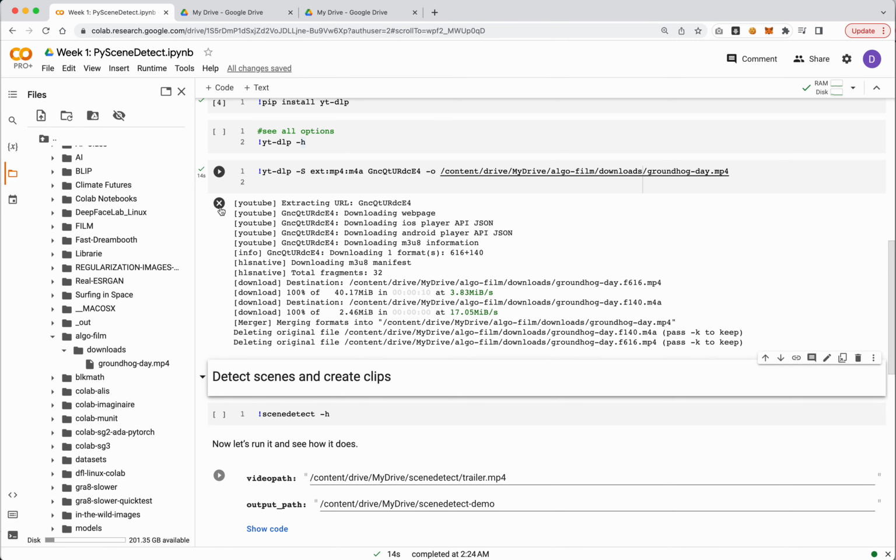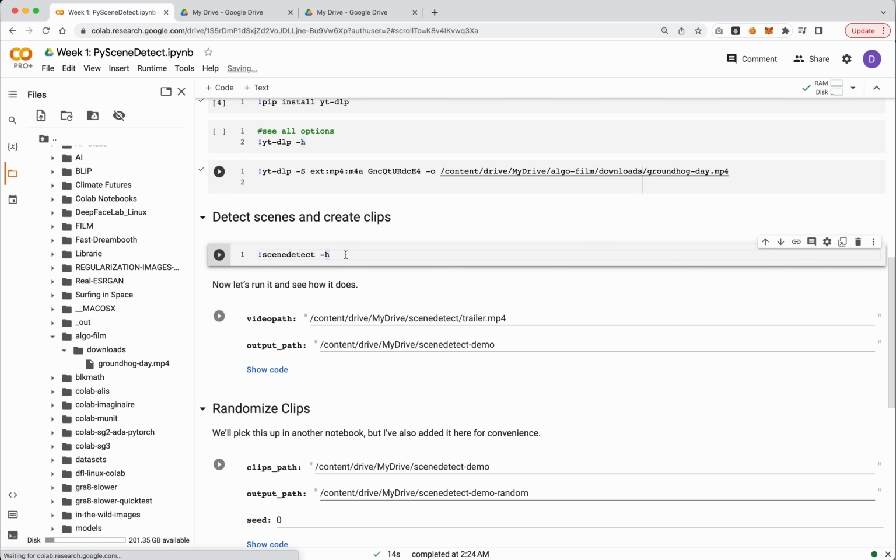Now we just need to use PySceneDetect to actually remove all the pieces. So again, I left this in here for anyone that wants to run it. If you're interested in all the options, you can go ahead and run that. What I've done is I've actually set it to be the most common options for what we're going to do. So below here is actually the cell we want to run.